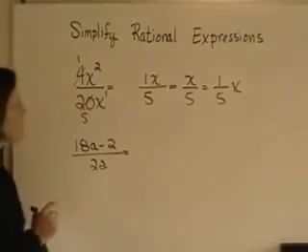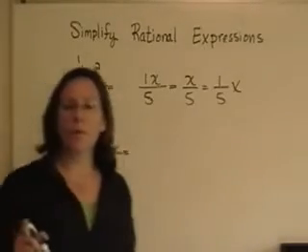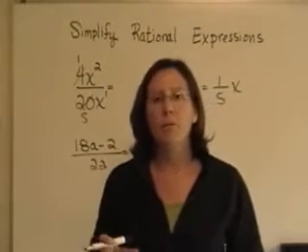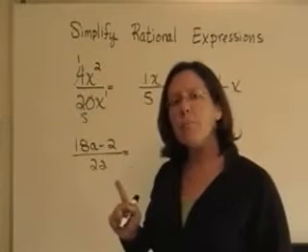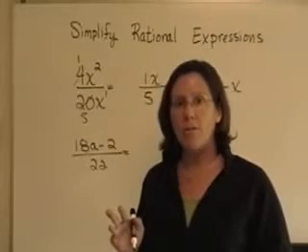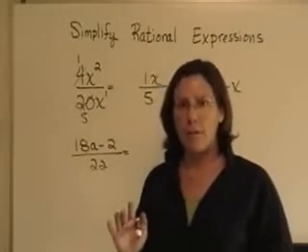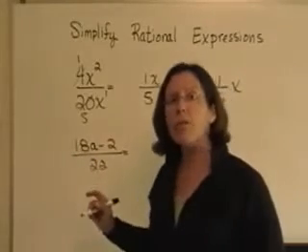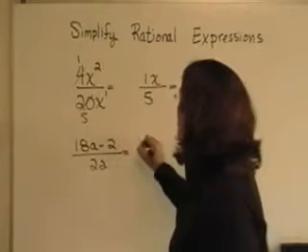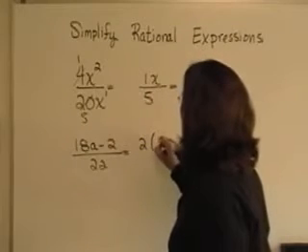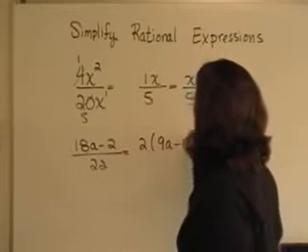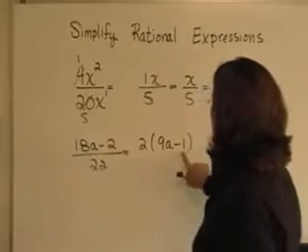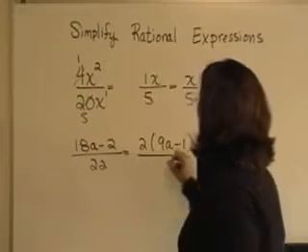When you simplify rational expressions, and this is something that I've put in those handouts under that important additional information, simplifying, multiplying, and dividing requires that you factor everything first. In this case, this numerator can be factored. I can remove the greatest common factor, in this case a 2, out of that numerator. And when I do, I'll need a 9a minus 1 in parentheses. Just check that out. 2 times 9a is 18a, and 2 times a minus 1 is 2a minus 2,